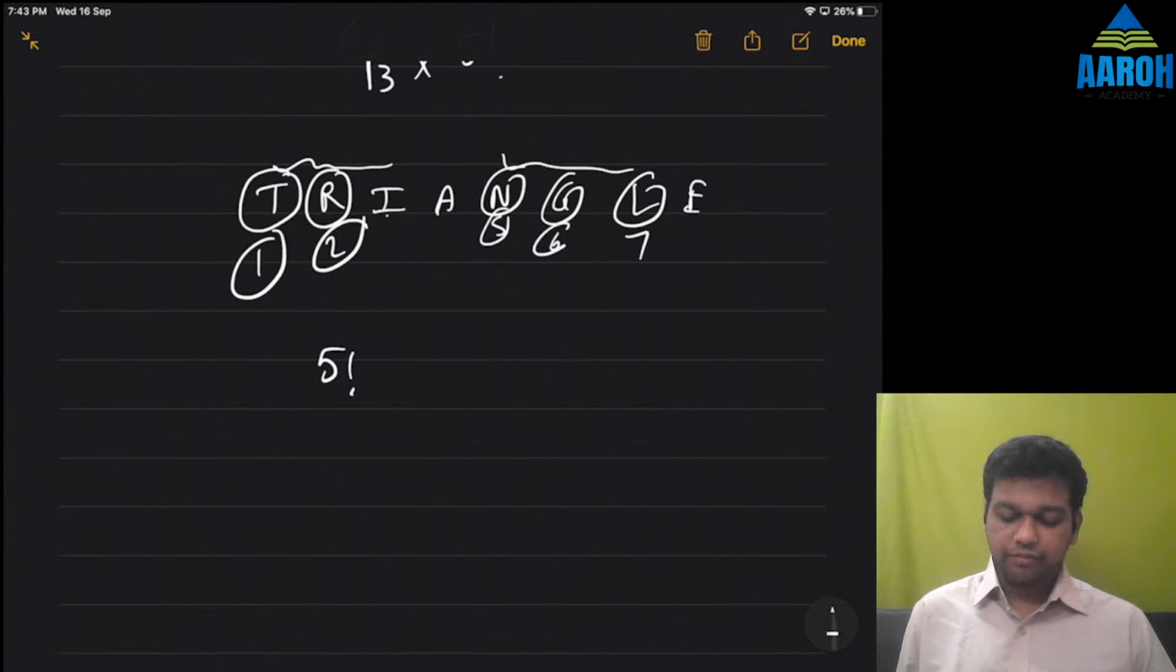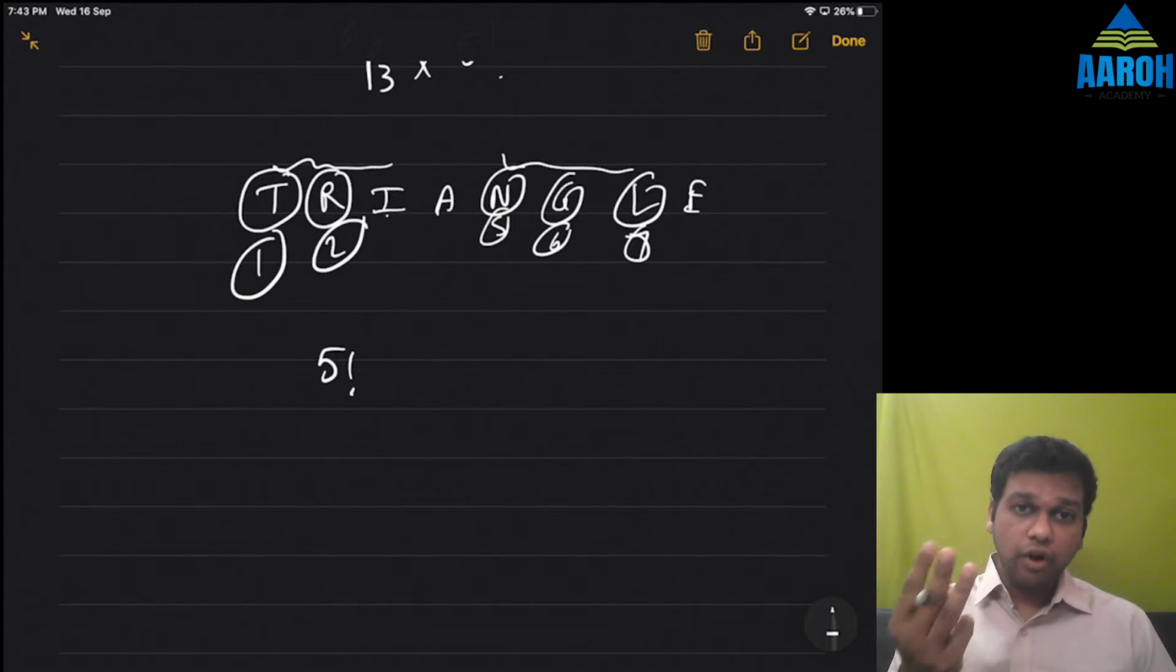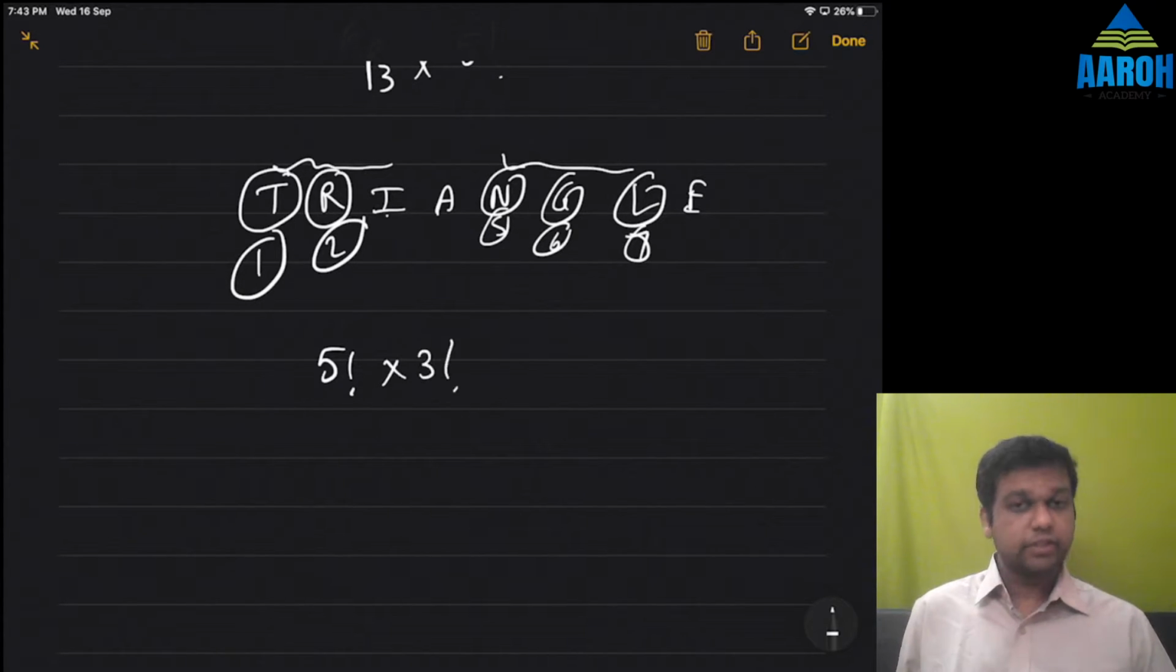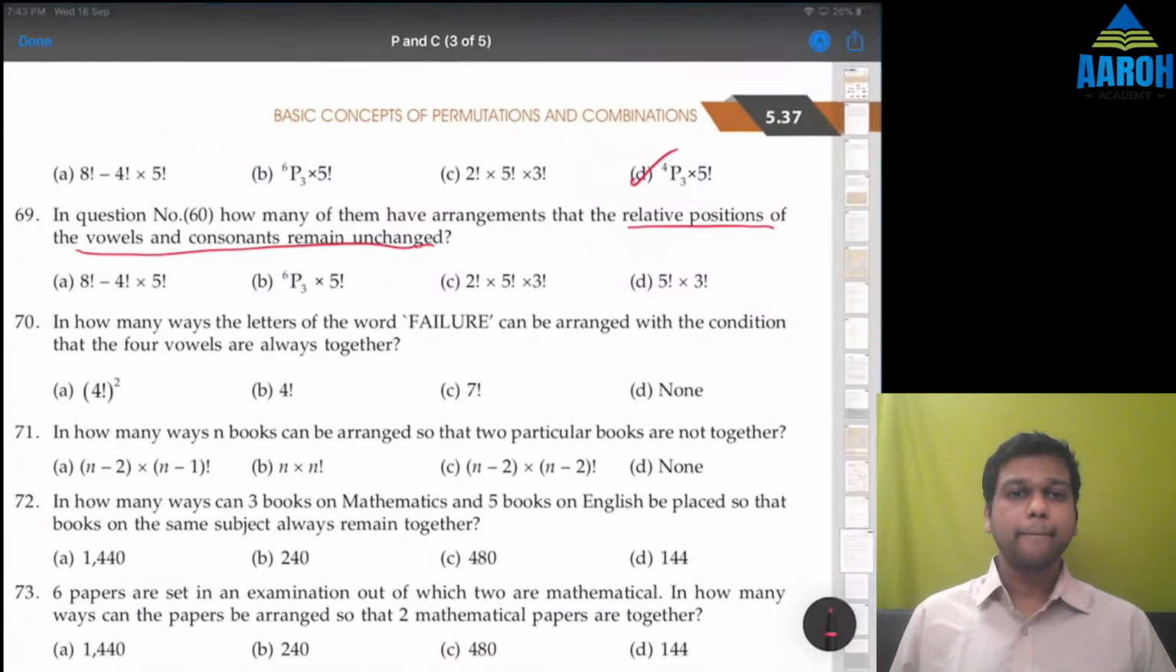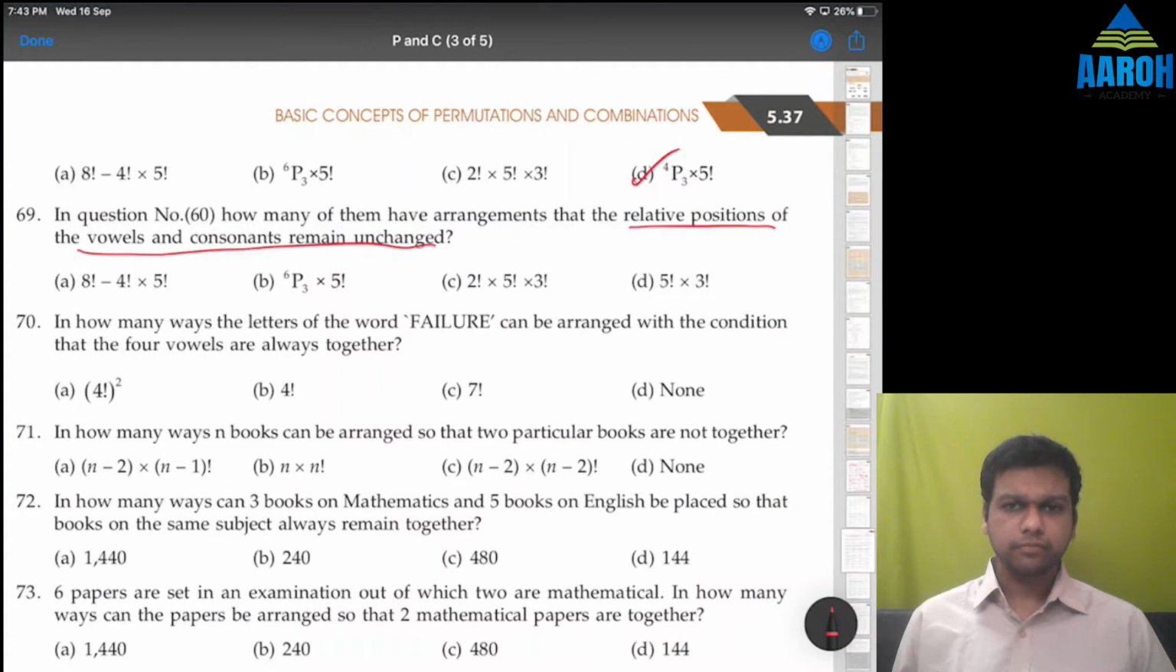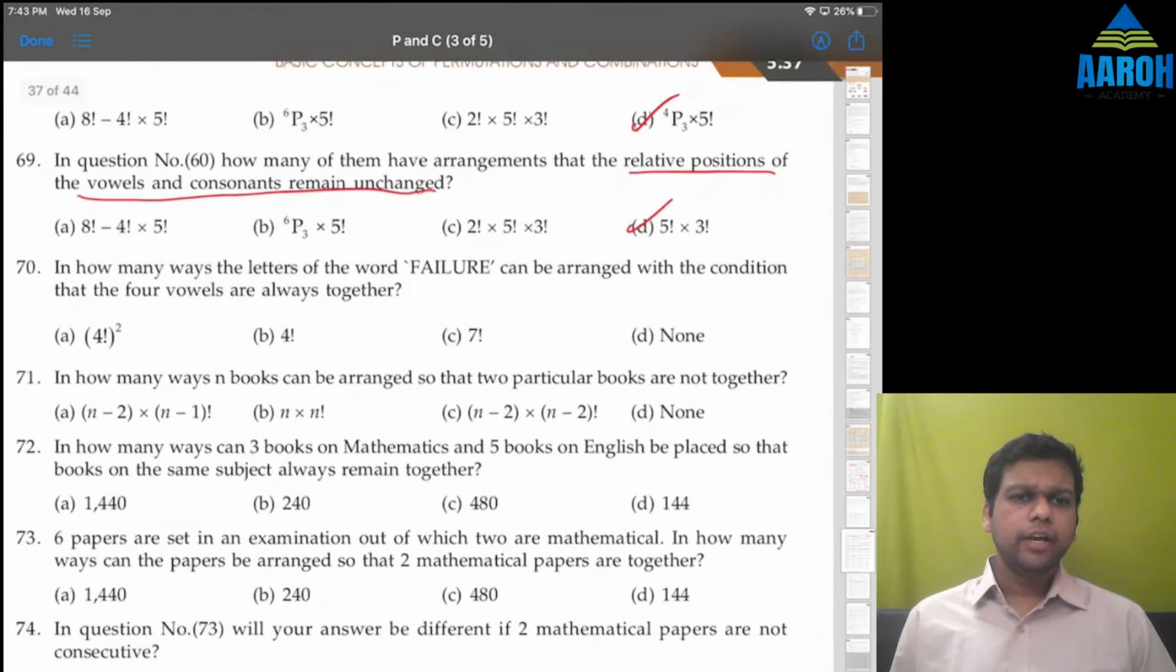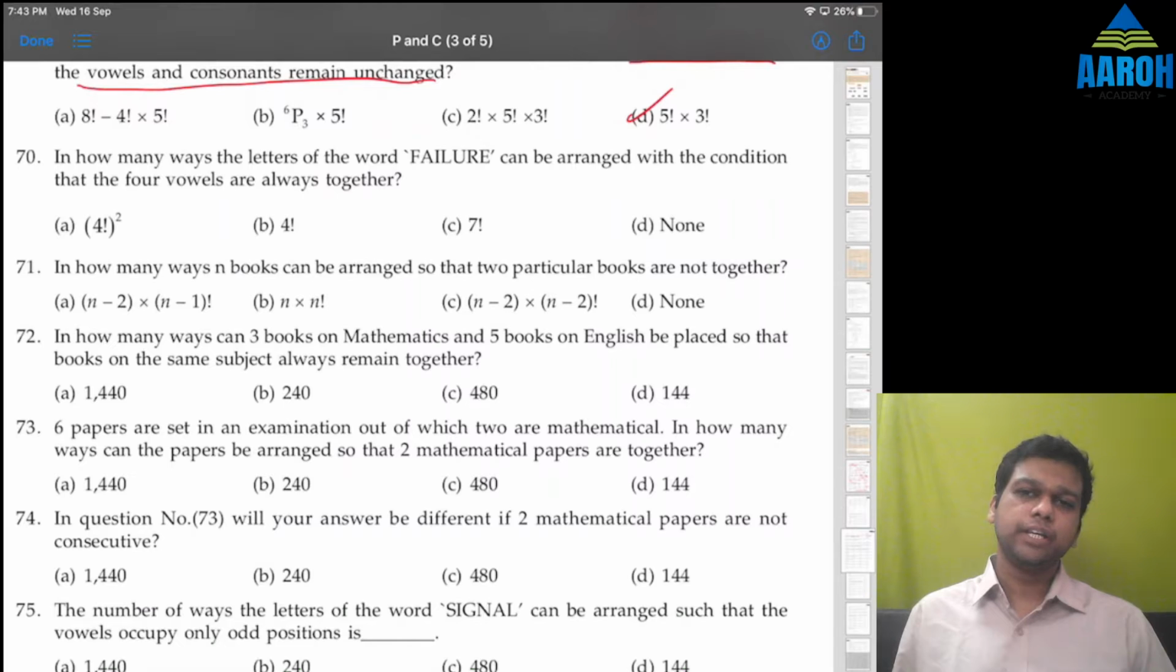Between these 5 places we have 5 factorial ways. And to shift vowels between themselves we have 3 factorial ways. So 5 factorial into 3 factorial will be the answer. Option D. Okay. 70. In how many ways the letters of the word failure can be arranged with the condition